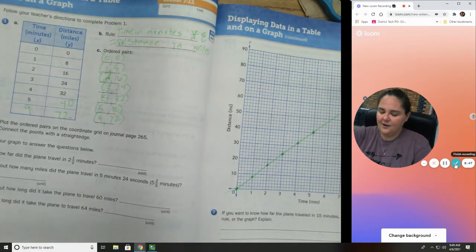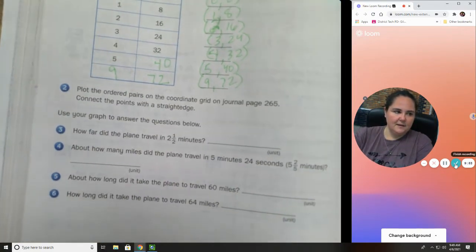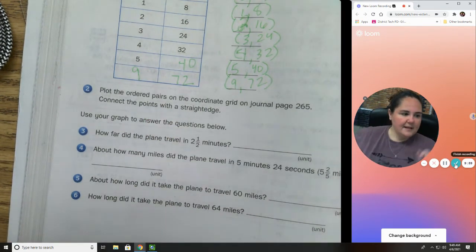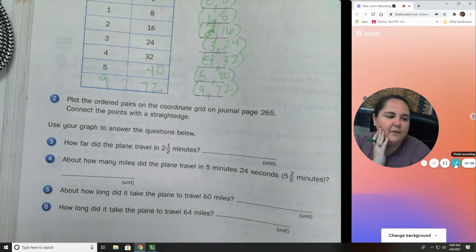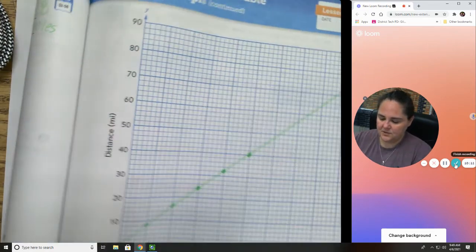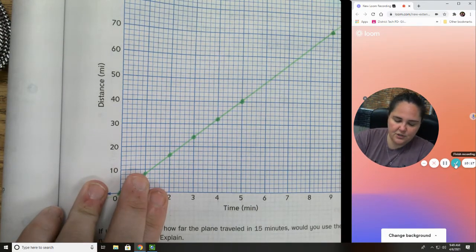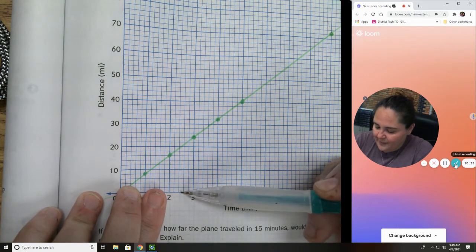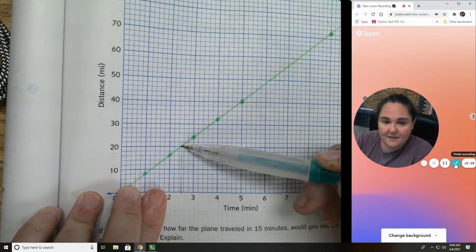Great. Now, let's go to number 2. It says, plot the ordered pairs. We did that. Done. Check. It says use your graph to answer the questions below. How far did the plane travel in 2.5 minutes? Okay, so this is 2 minutes and 3 minutes. So 2.5 minutes would be right in the middle between the two, right? So 2.5 minutes is about here. About right here. So if I follow that up until it hits the line,